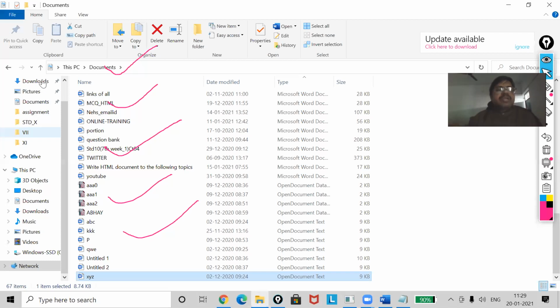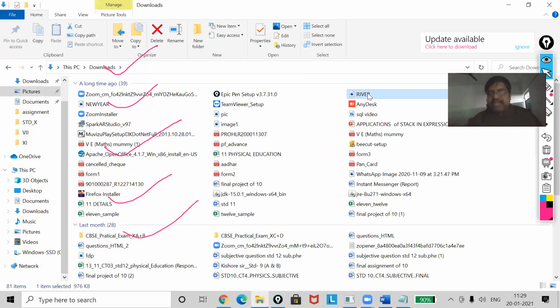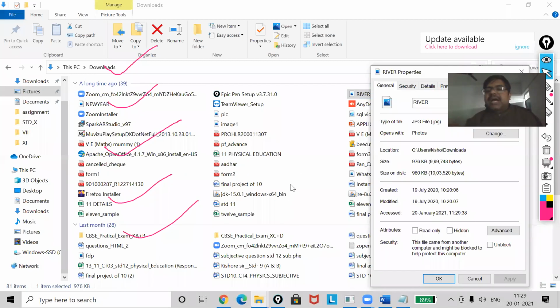Maybe in download there are different files. Okay. Yeah, river is there. You can see river is there. This, I will see the property. Now, where is my location? It is in download, and download is in Kishore, and Kishore is in users, and users is available in which drive? C drive. So I will select this